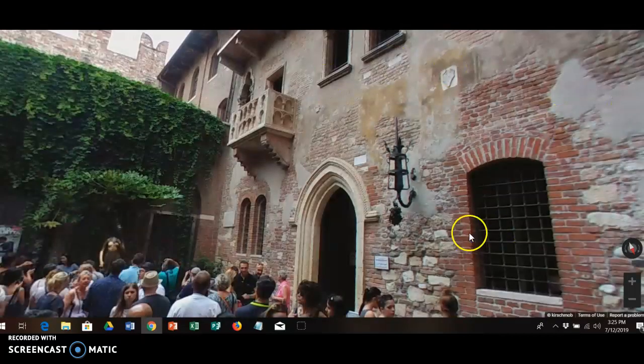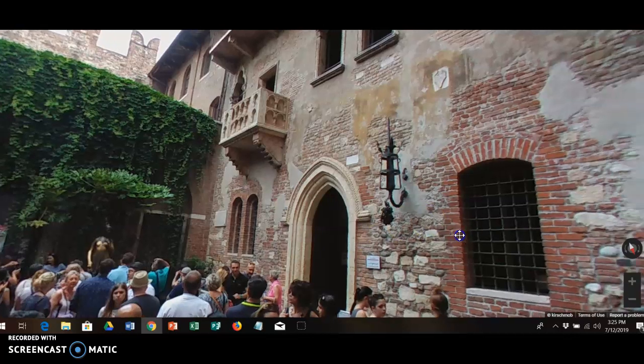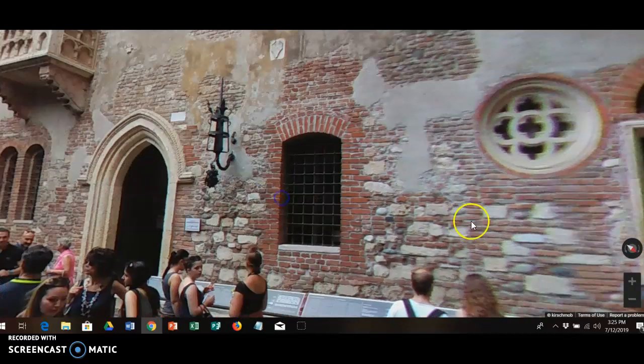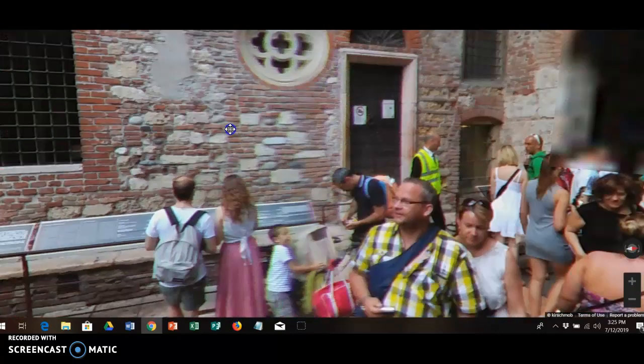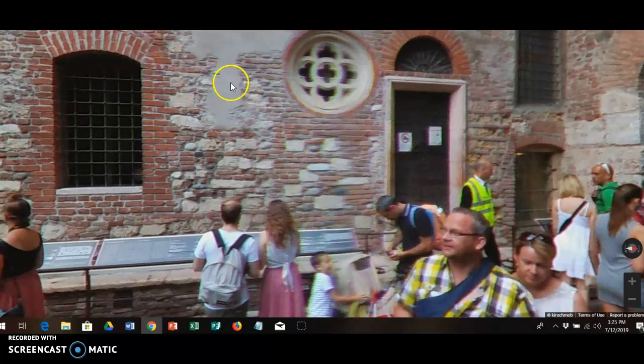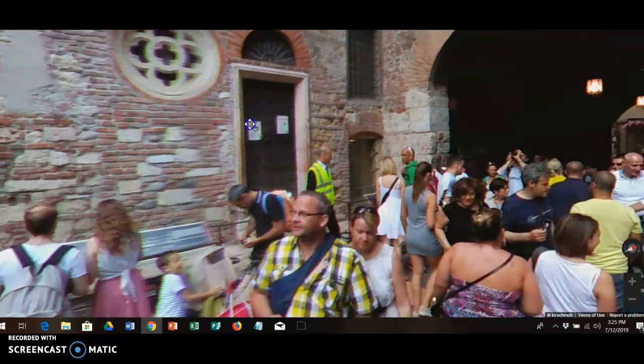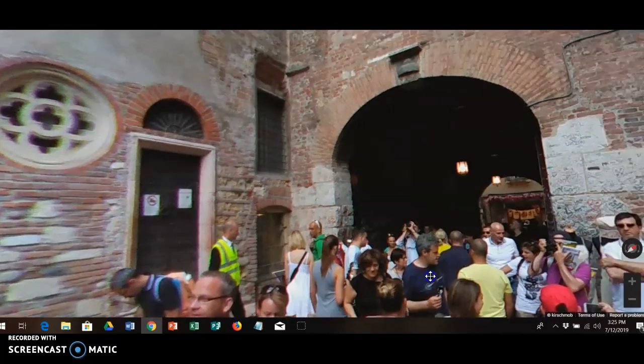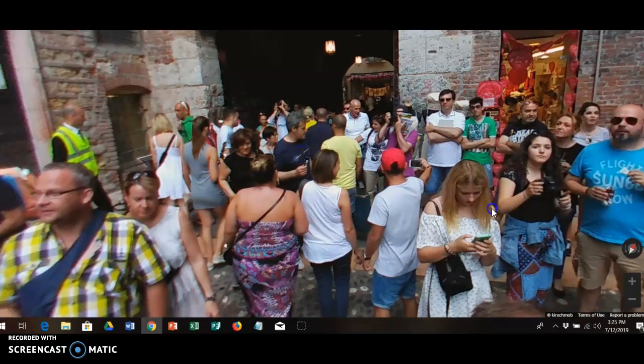So now it kind of feels like you're there. Not exactly, of course, you don't hear the people, you're not standing there, but if you click on it and move your hand, so you'll need both fingers, and you just keep moving around, it's like you're standing there. You can see some of the brick, these windows, here are these arches, all these